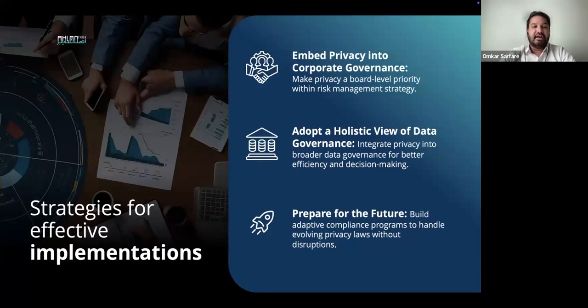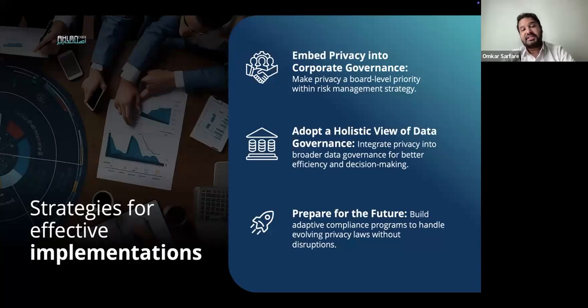Next, it's vital to adopt a holistic view of data governance. Rather than handling privacy requirements in isolation, we need to integrate them into the broader governance framework that encompasses data management, analytics, and also security. Doing so promotes operational efficiency. Teams can work with a single unified set of policies and procedures. This integrated approach also leads to more informed decision making. As leaders and staff gain a comprehensive understanding of how data flows across their segments of the organization, they have more insights when dealing with personal data related incidents.